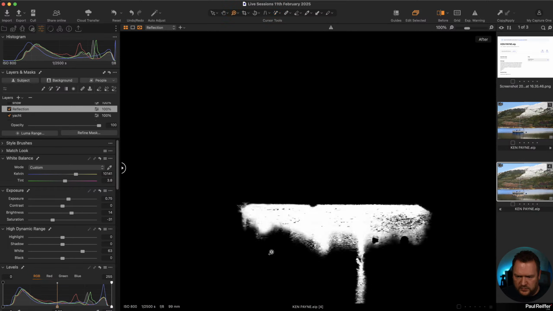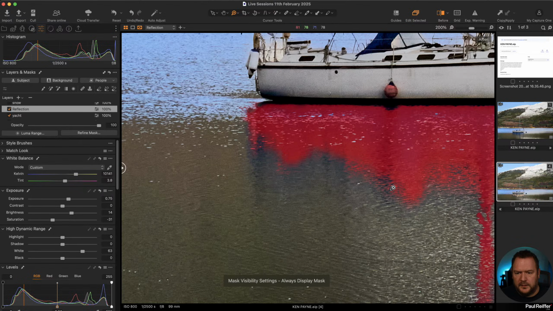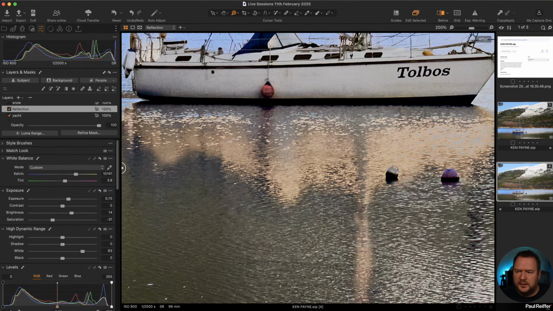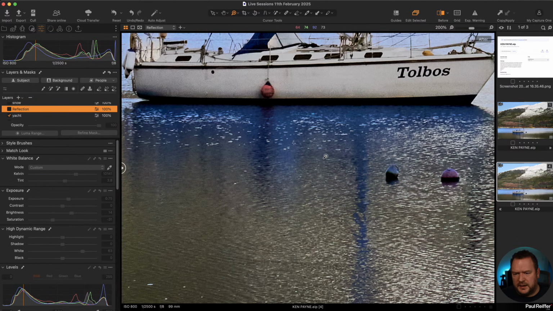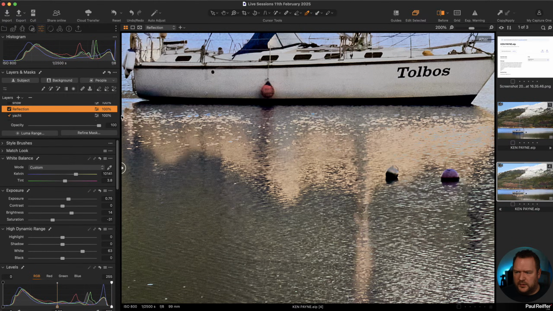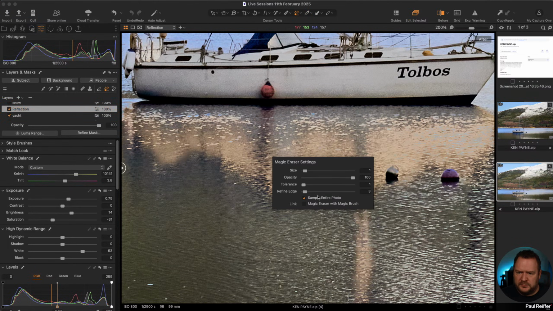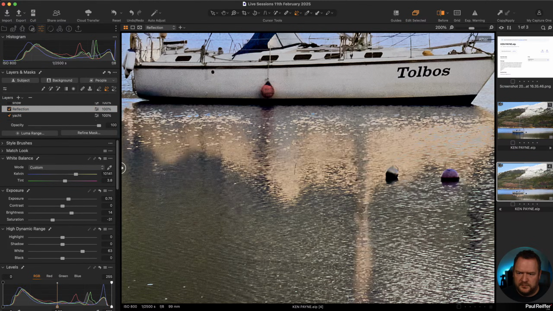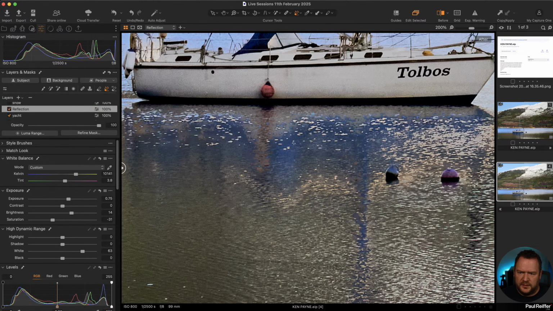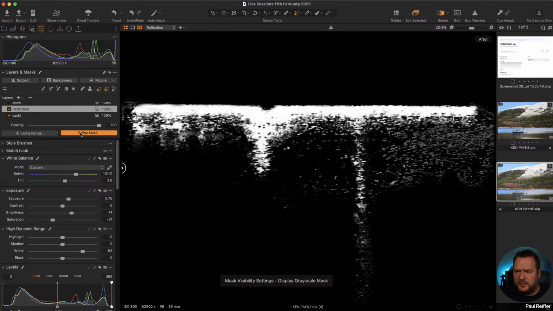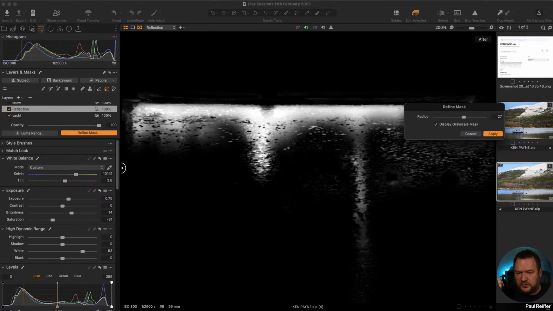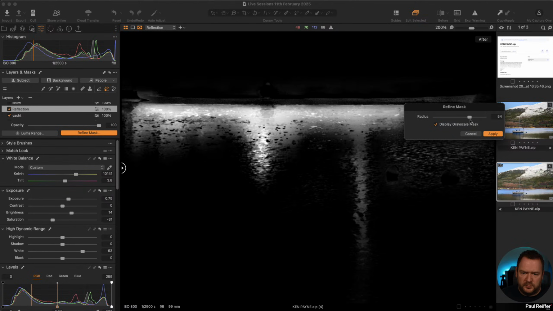Or, more importantly, in this case, I can edit that mask. So I'm going to go into our overall mask. Let me just turn this off so I can see. The issue, I think, is it's getting extra stuff that we don't want. So let me use a magic eraser. Same thing, really low tolerance. Let's try and get this down. There we go. That's pretty good. Then we might want to refine it a little bit. So you see I've made the shadow smaller, but I'm now refining it to spread it a bit more.